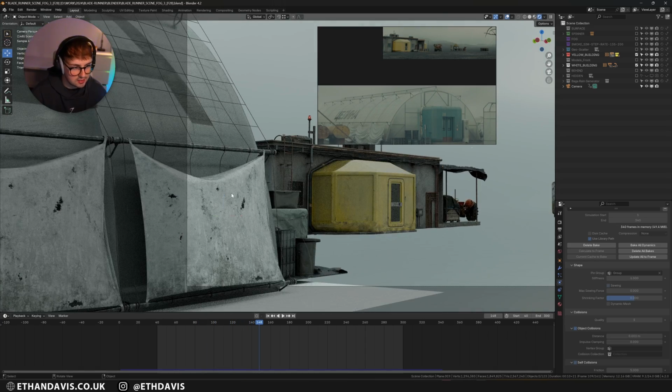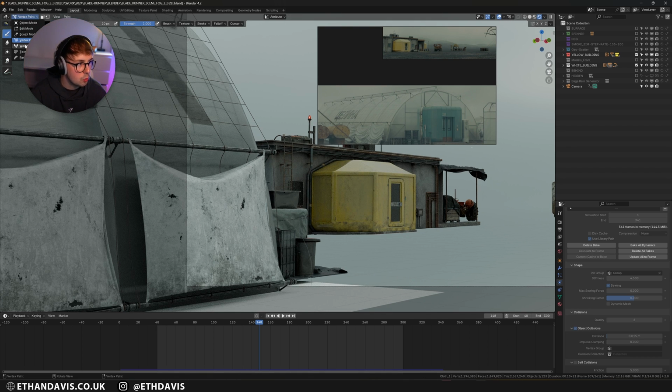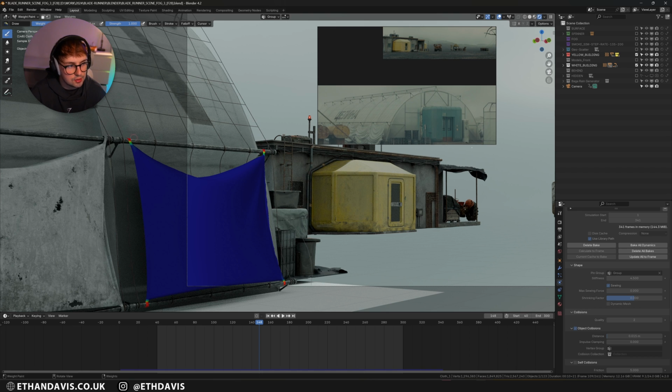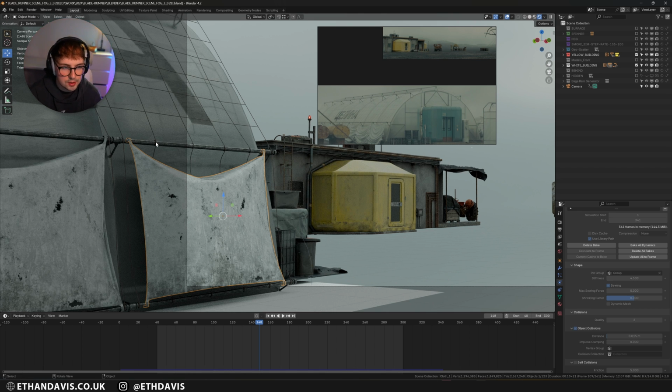But here is the wind simulation that I was talking about. This is the exact same, but for the pin group on this, if I go into weight paint, I just did these 4 corners. I was really trying to figure out how I go about pinning this because it was looking a little bit strange, and I just thought this was the easiest and the quickest way to do it essentially.